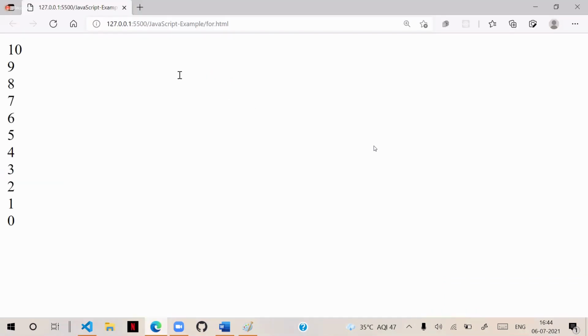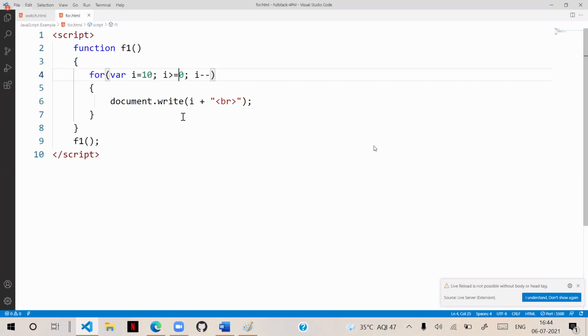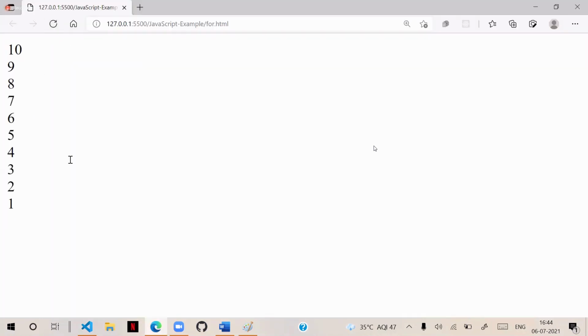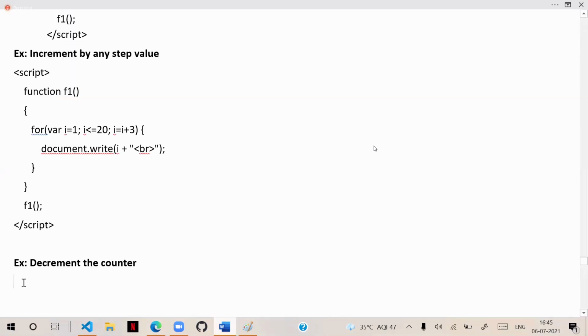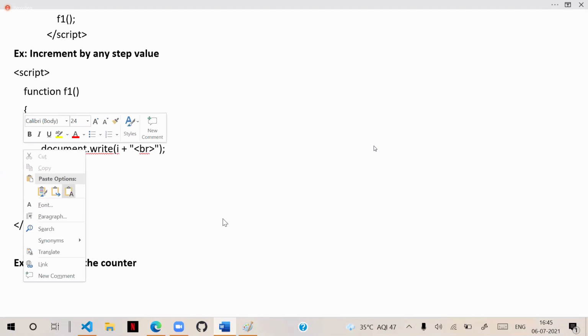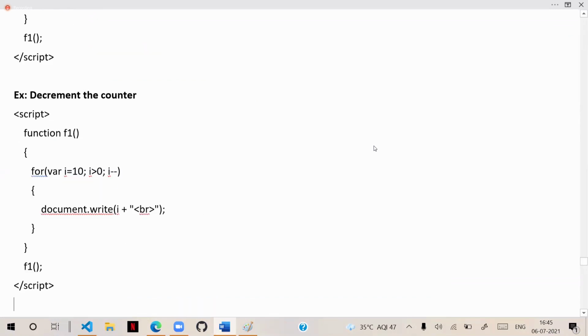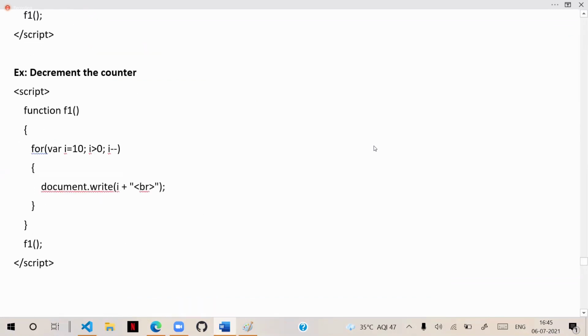Suppose I don't want 0, then it will get up to 1. So you can configure the counter with an increment, with a step value, and with a decrement. We can configure and define it.